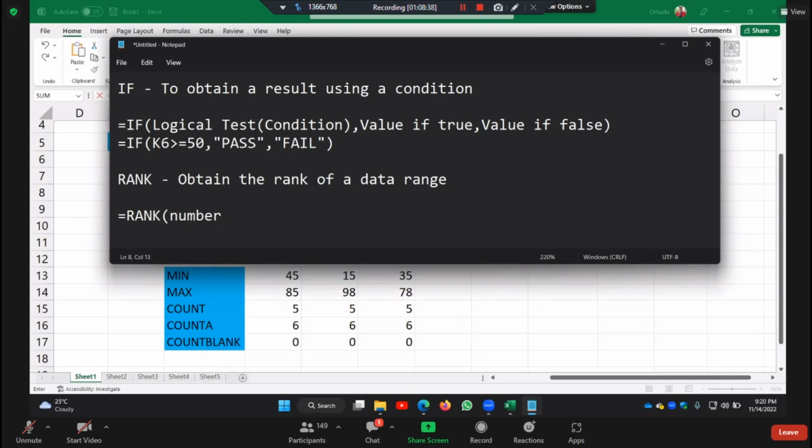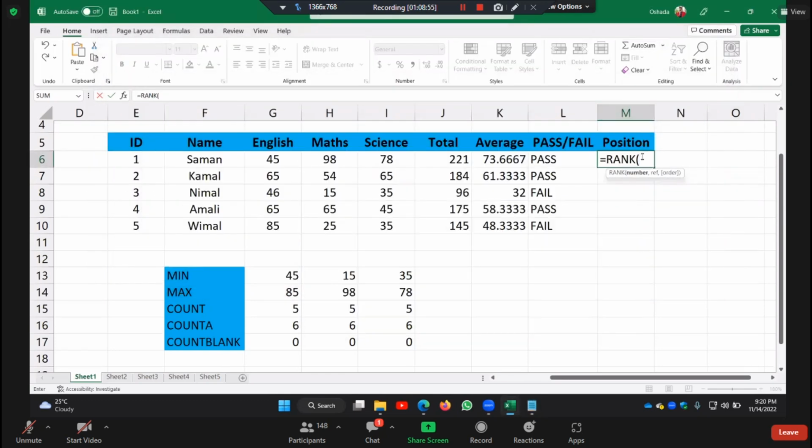This also has several parameters: number, reference, and order. I'll write it and show you how this is written. When we are obtaining a rank, we need to specifically know for what data set we are applying this